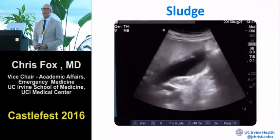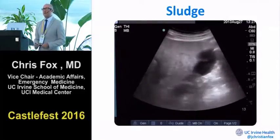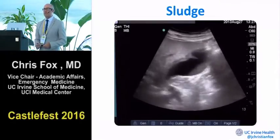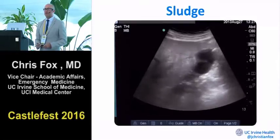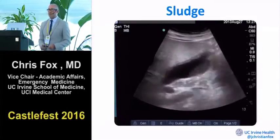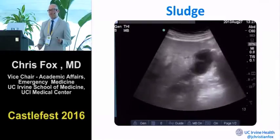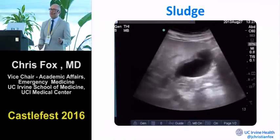If I saw an undulating pattern with alternating levels of echogenicity, what might I be worried about? It's something I think about every time I see sludge. I just try to check myself for a minute and go, I hope this isn't, what? Cholangiocarcinoma, right? And so that's the one thing. It's rare, but hey,